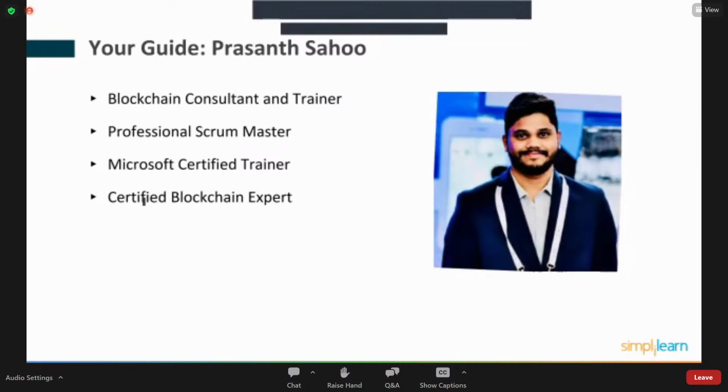Apart from that, I've also represented India at the China International Big Data Expo 2018. I got a call from the Chinese government, and I'm also a representative of the International Blockchain Council for the government of Telangana and for Goa. Recently, I've also published my patent, on how to integrate education certificates using IPFS and blockchain. So Stuart, this is a very short intro about me. Thank you, Stuart. Congratulations on your patent.